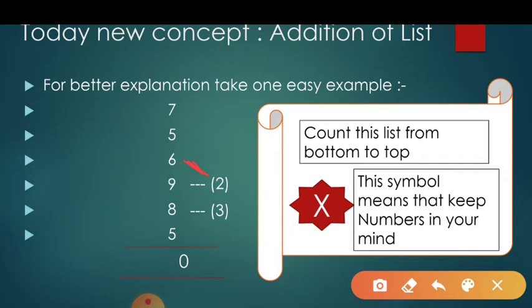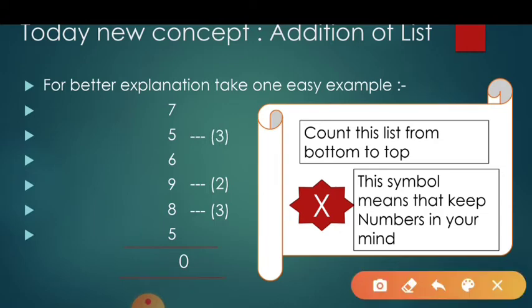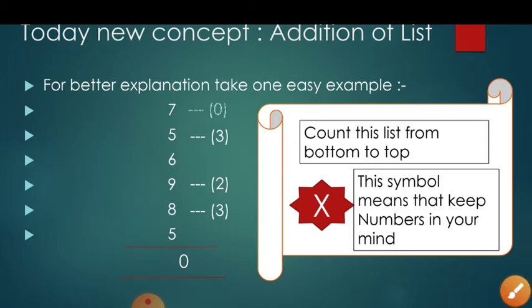Now the number can't come between 10 and 18, so add 5 also, and the answer comes 13. Remove 1. You can't know it, only remember 3. So write 3 after 5. Now add both numbers, 7 and 3. The answer comes 10. You don't know there is a 1 there, only remember 0. So write 0.